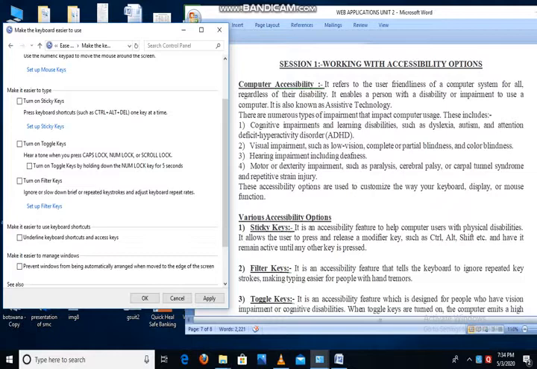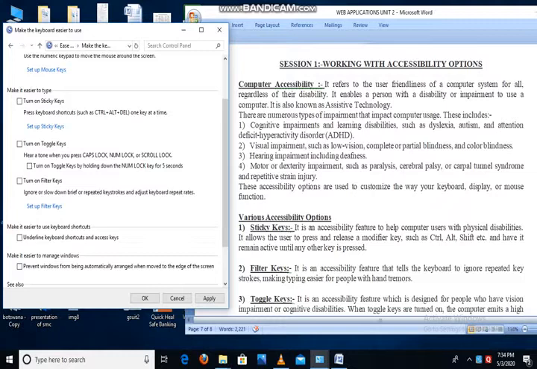But a person with physical disabilities cannot use the keys together. For example, if they want to select a document, we have to use Control plus A from the keyboard, but in some cases they cannot use the two keys together. At that time we can use sticky keys. So what is the use here? When you click on the Control key, or any Shift key or Alt key, the Control key stays active until any other key is pressed. Now see, I will show you here.